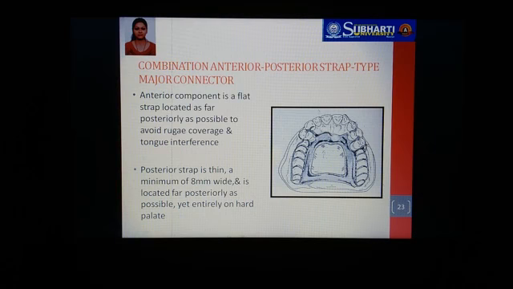How does it provide rigidity? Because of the L beam effect. So what is the L beam effect? You can see that there is an L formed by the borders of these processes. This L effect helps in providing the rigidity. So wherever you see any prosthesis with this type of design, you can assume that the rigidity is because of the L shape of this design. This is called the L beam effect, which provides rigidity to the connector or the prosthesis.